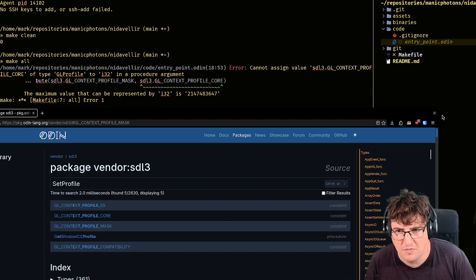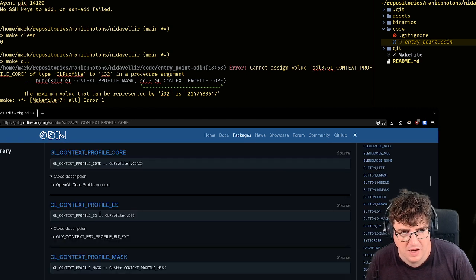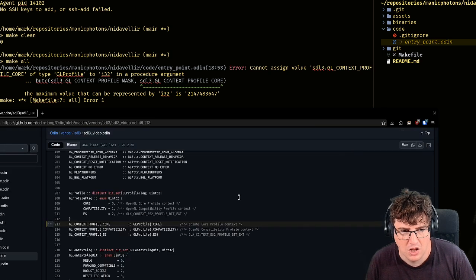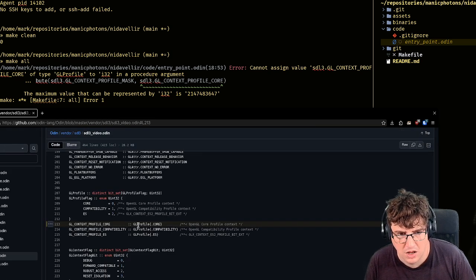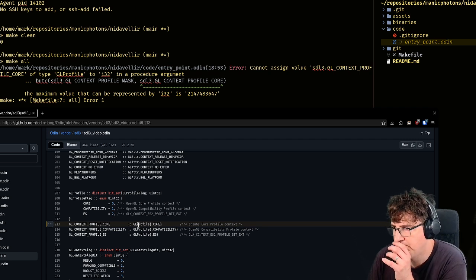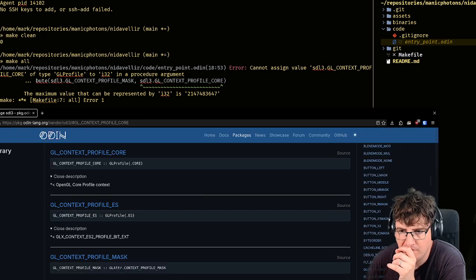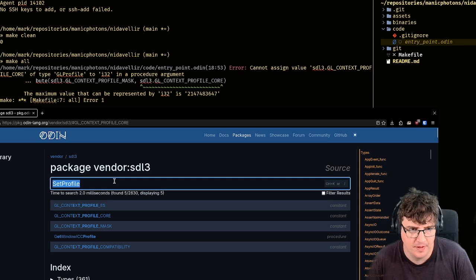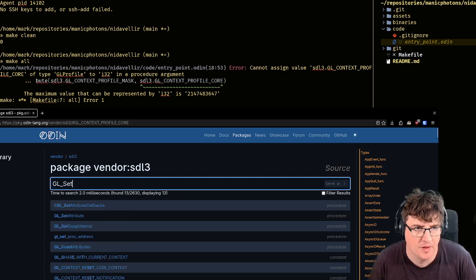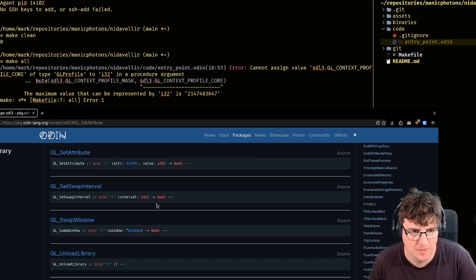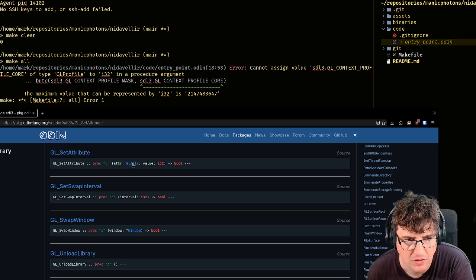So that's the profile mask, that's certainly right, and then it takes a GL attribute and then a value.